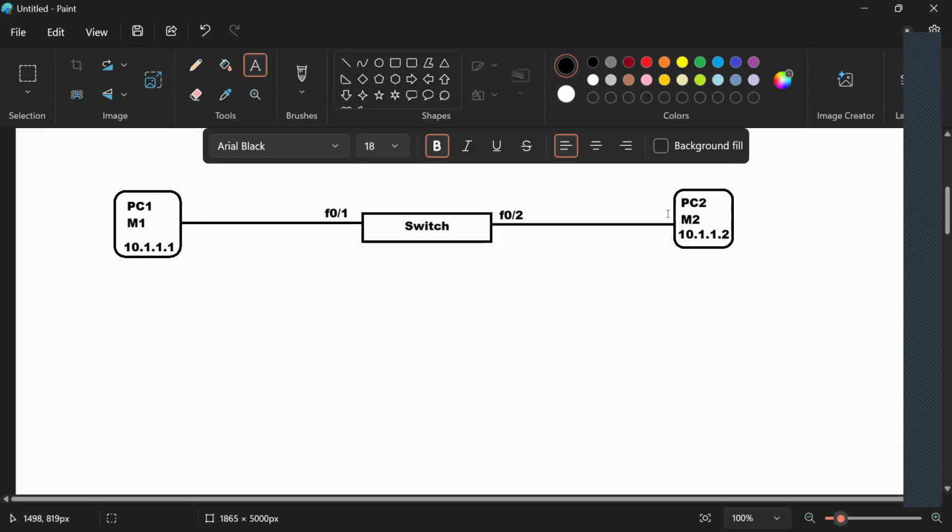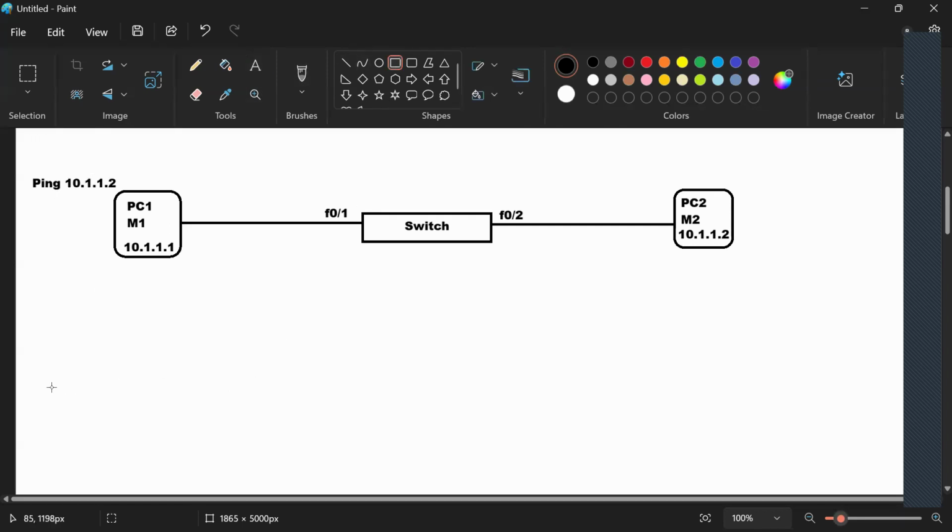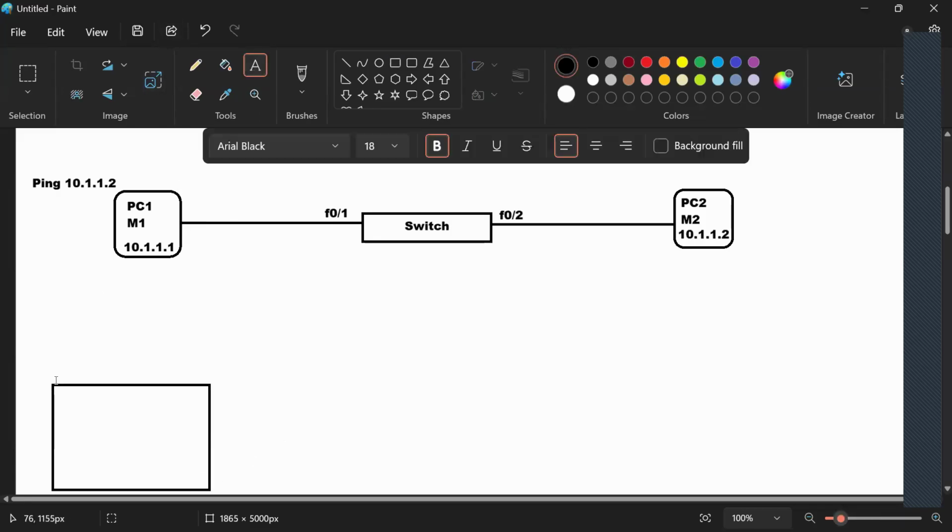Now these two nodes want to communicate with each other. So let's say you go on PC1 and ping 10.1.1.2. These PCs also maintain something called an ARP cache. The PC maintains an ARP cache.